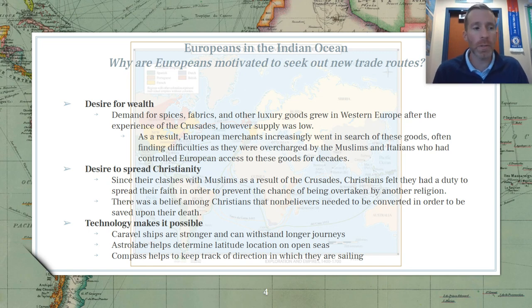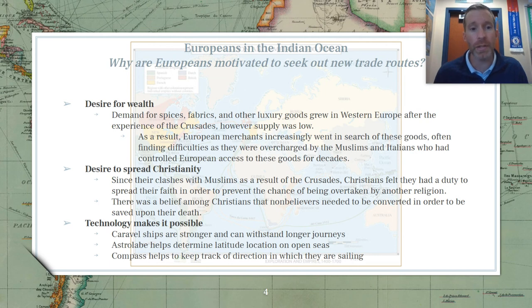And there's a belief among many Christians as well that if you don't convert people to Christianity, they're going to have an afterlife that isn't the most desirable. So they believe it's their mission to convert these people so that they don't face those negative consequences in the afterlife. Aside from why Europeans want these new trade routes,